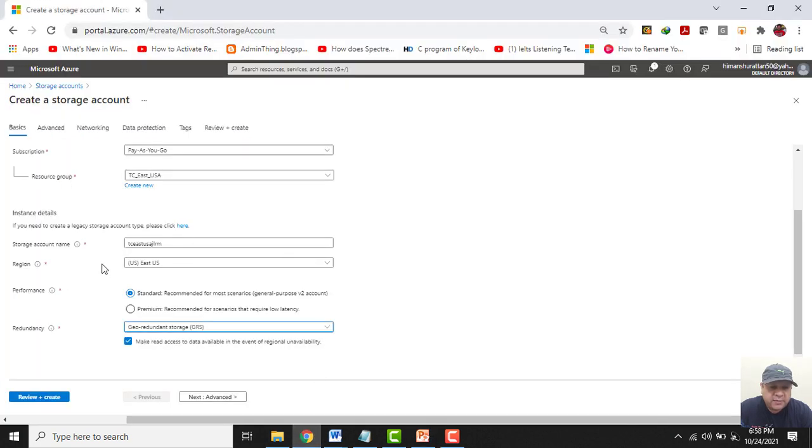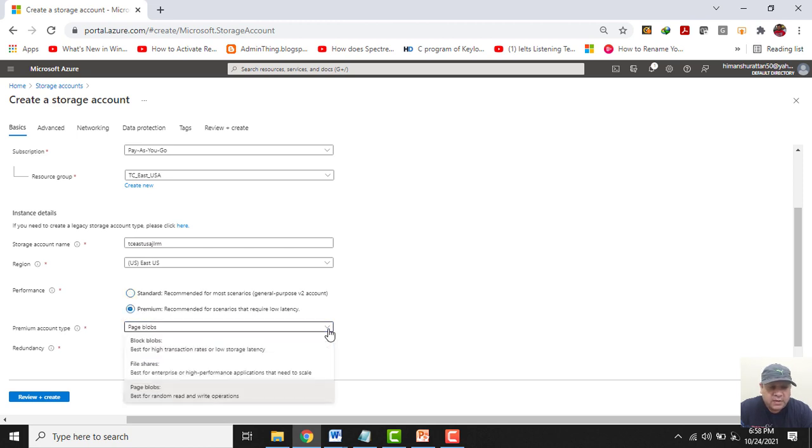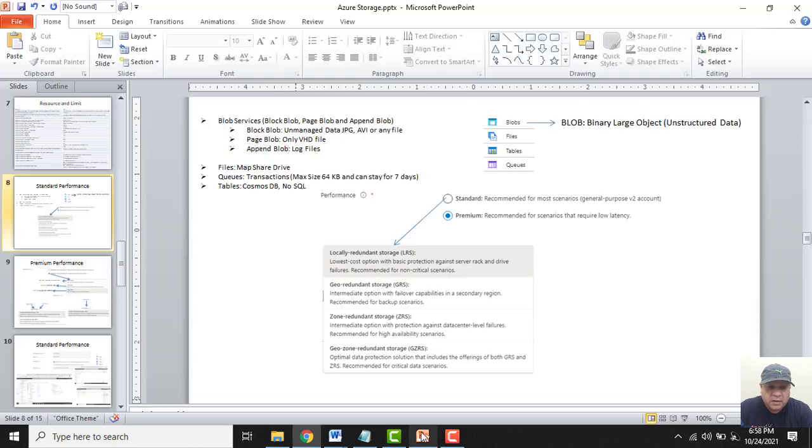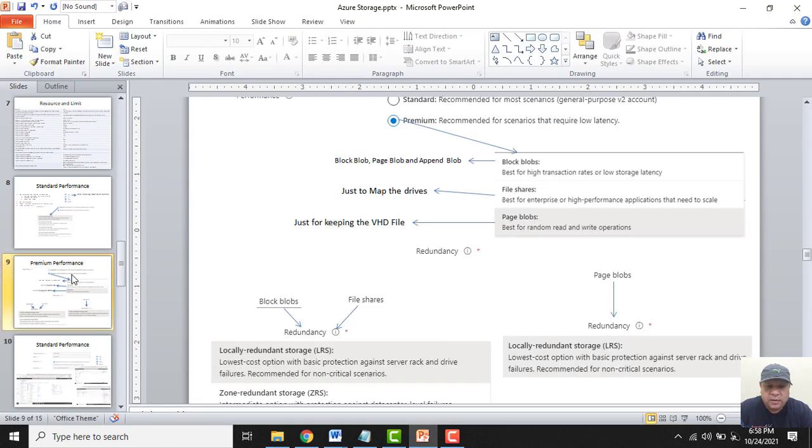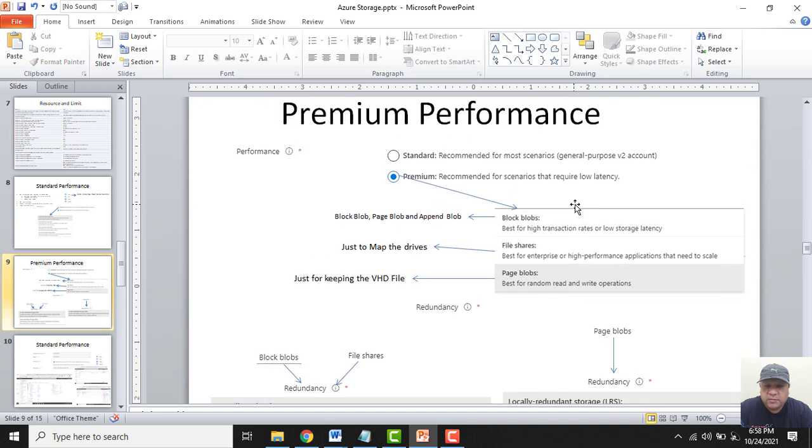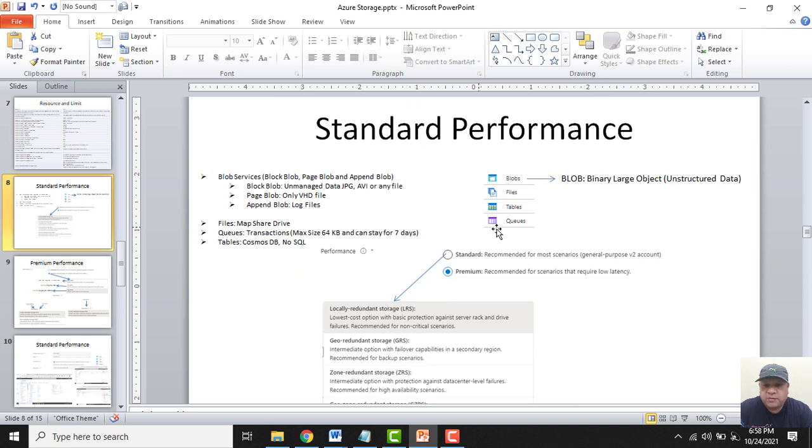But if we select the premium option, what do we get? We get 3 types of account types: block blob, file share and page blob. Like in my presentation, if you see here, if we select the premium option, we get 3 types of services: block blob, file share and page blobs. But if we select standard, we get 4 types of services: blobs, files, tables and queues.